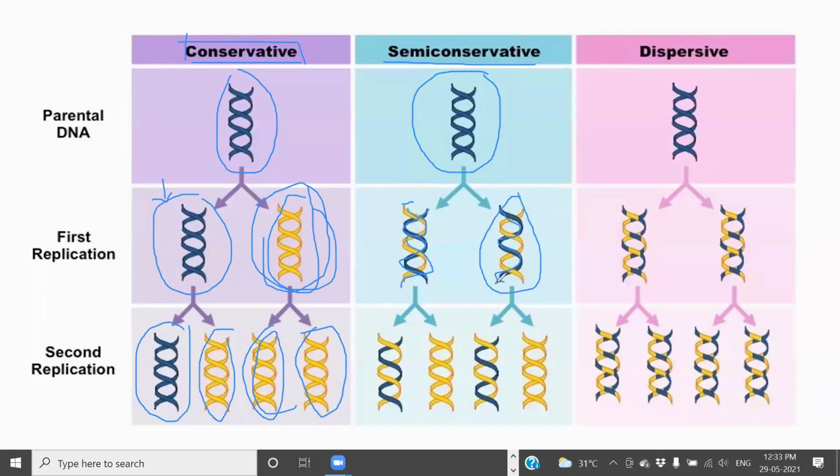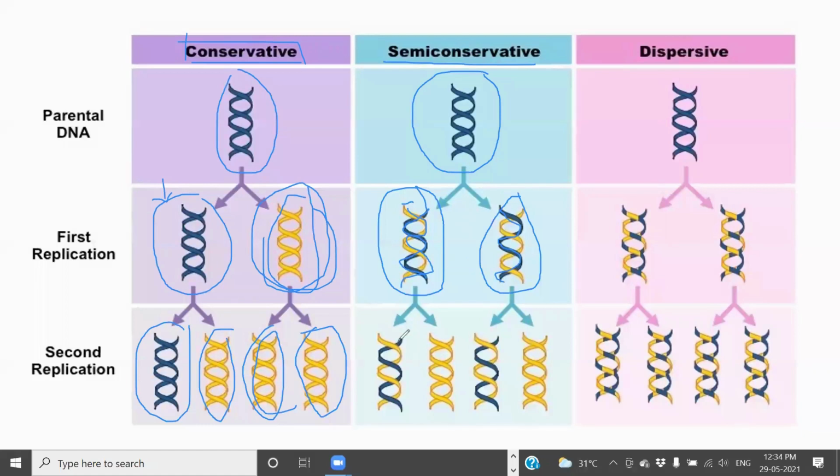One is the old strand, another is the new strand. In this DNA molecule also, one is the new strand, another is the old strand. So in the first DNA replication, both DNA molecules are composed of one old and one new daughter DNA strand. This kind of DNA replication is called